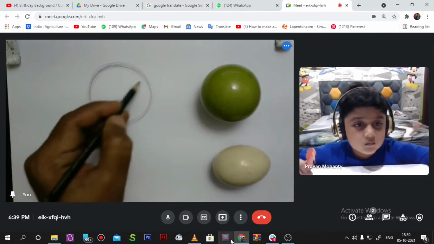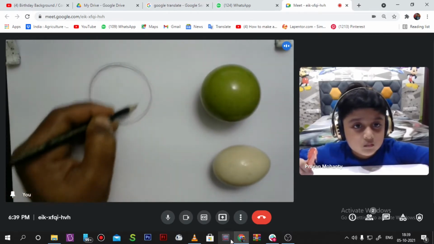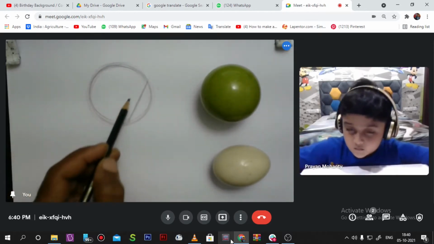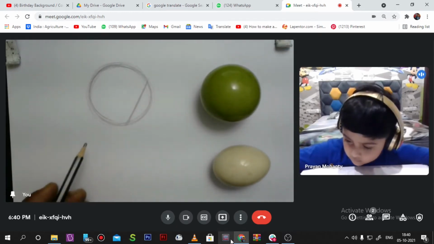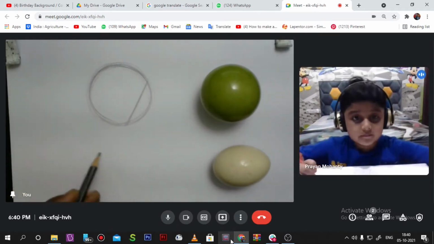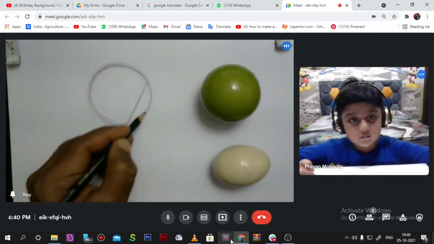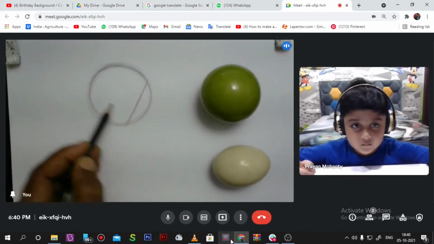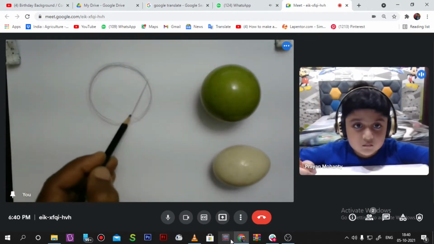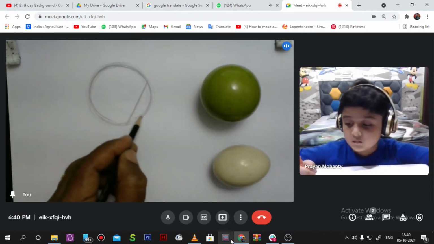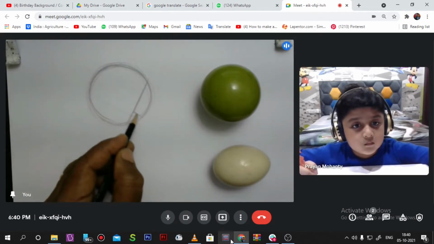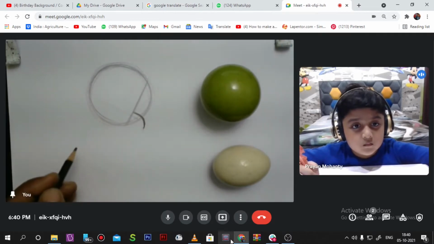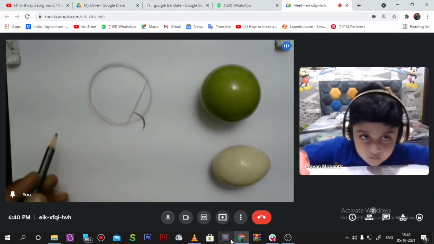So now after that, you just go ahead to here. Here you draw one straight line. After the circle, you just draw the straight line. Yes, sir. Okay. So after the straight line, you start from here, a little down from here. Not the middle, a little down. You just take it like this, 1, 2, like this. See the curve, this kind of curve. Okay. Understood? It's so easy.